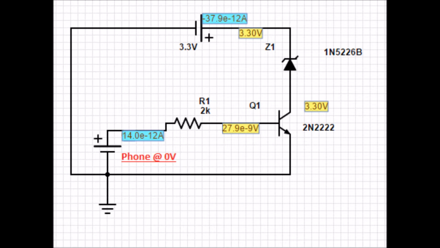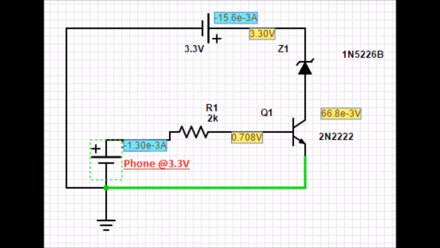Alright, and over to PartSim, you can see we used a 1N5226B Zener diode. This is a 3.3 volt drop with 0.5 watt power. And in this first section, you can see that the source where the phone would be is 0 volts, therefore not allowing the transistor to open and having 3.3 volts across the Zener diode and having no light on. This next one, you can see we switched that source of what the phone would be to 3.3 volts